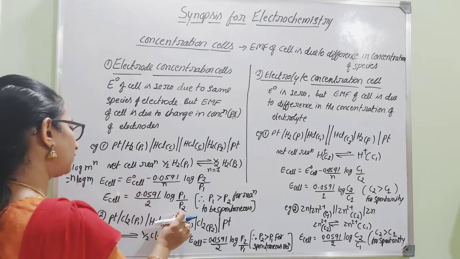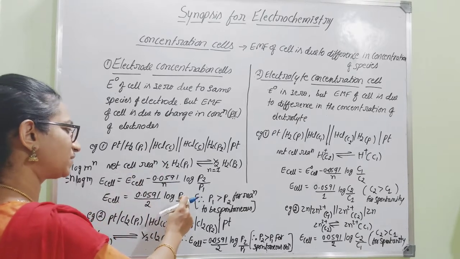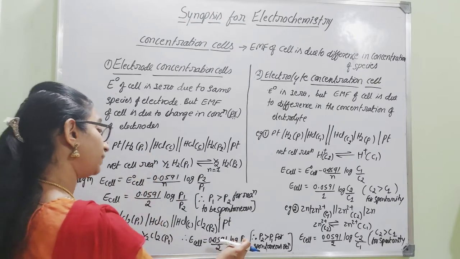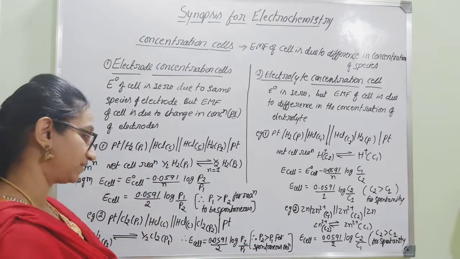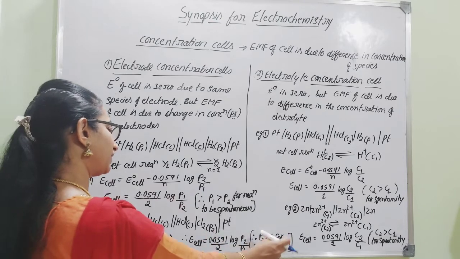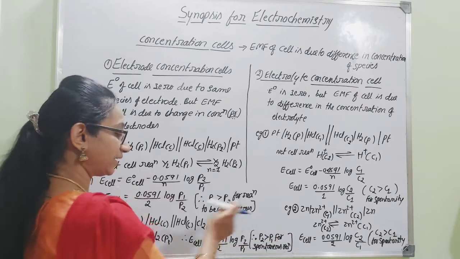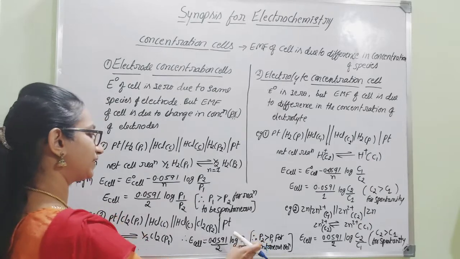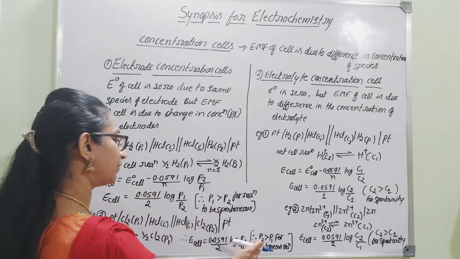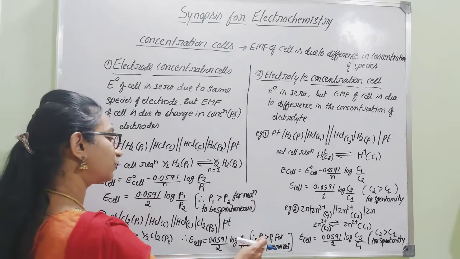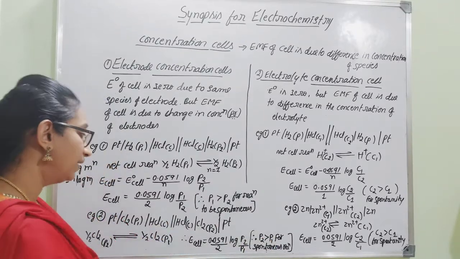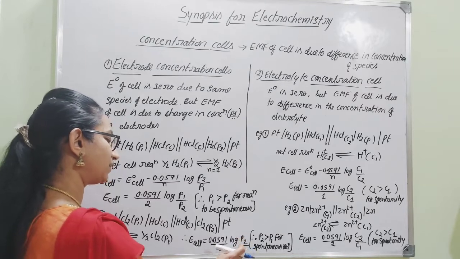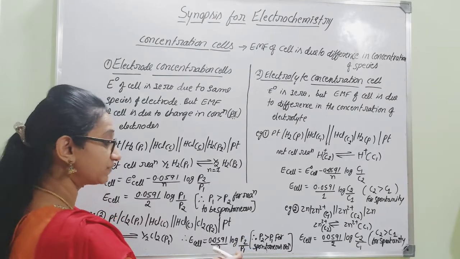For the hydrogen electrode, the final equation contains P1 by P2. But for chlorine electrodes, you will get log of P2 by P1. That is the main difference here. Then if an examination asks what condition is required for spontaneity of this cell reaction, here it is not P1 greater than P2. In this case, P2 should be greater than P1. Why? Because in log of m by n, P2 is in the numerator and P1 is in the denominator. That is very important.